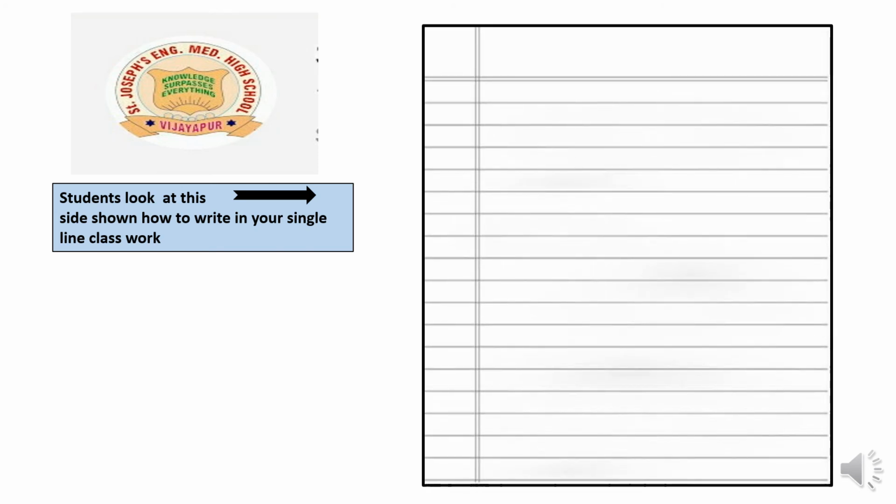You have to open the new page of your classwork. Entirely new page, because you have to write the heading. What is the heading, children? Lesson number 2. Compulsory when you are starting the new lesson, we have to write the heading of the lesson. Name of the lesson is 6 and 7 digit numbers. In the heading portion of the notebook, we have to write this with a dark pencil and with big letters. Lesson number 2, 6 and 7 digit numbers.